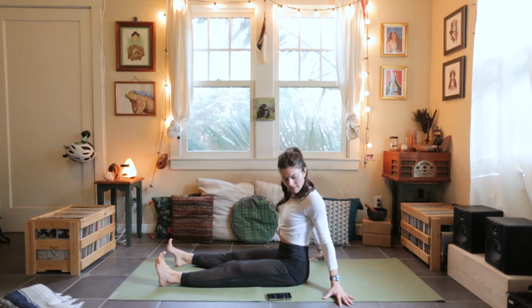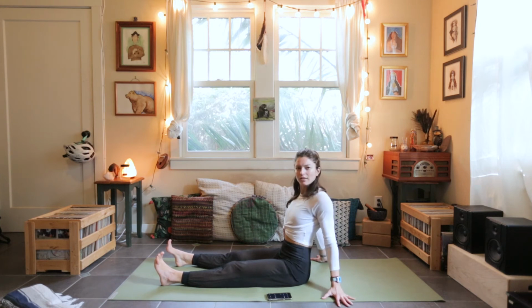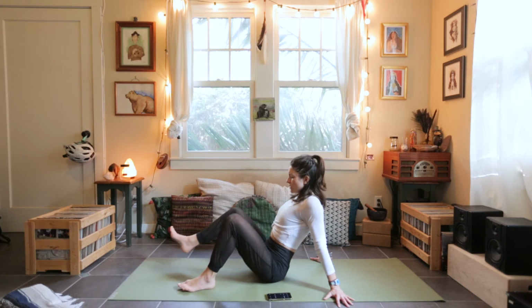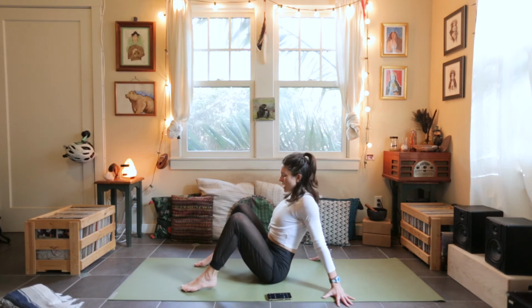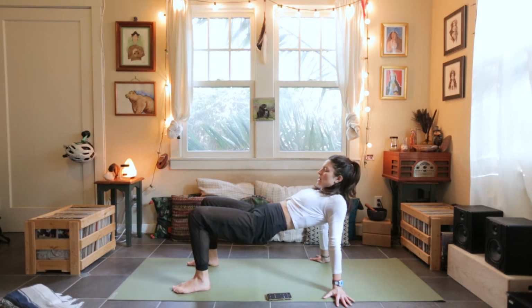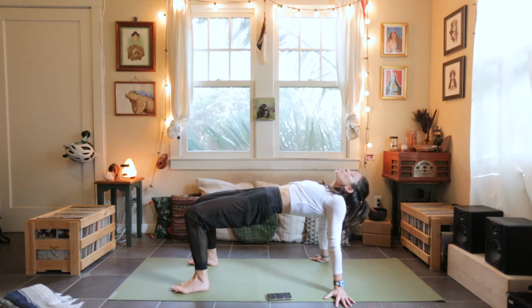You're going to bring your hands behind you, turning your fingers to face out. I find it's a little bit more forgiving on my wrists. And then go ahead and scoop your seat forward, bend your knees, feet to the ground, hips width. And what we're going to be doing here is just lifting our hips and our belly straight up to the sky, peeling the shoulders back. You can allow the head to just sort of hang out there, pressing down through the big toe mounds,